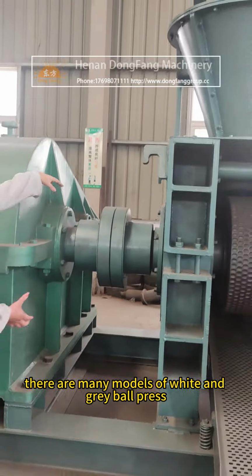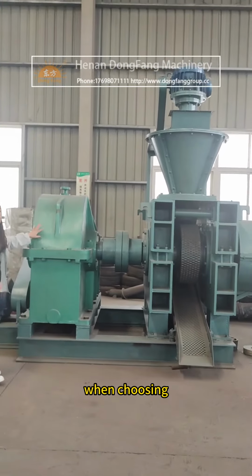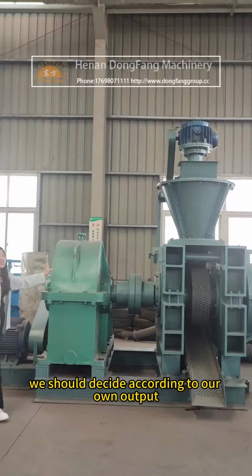There are many models of white and grey ball press, and the power is different. When choosing, we should decide according to our own output,